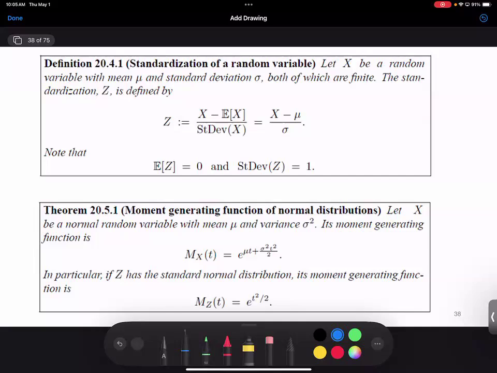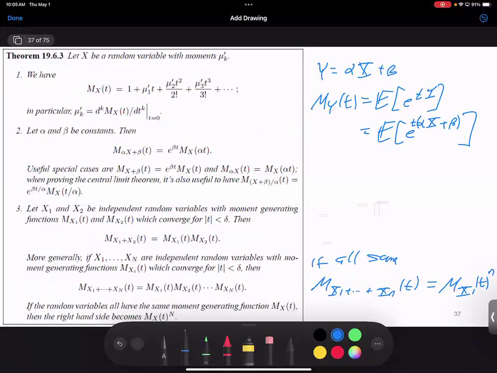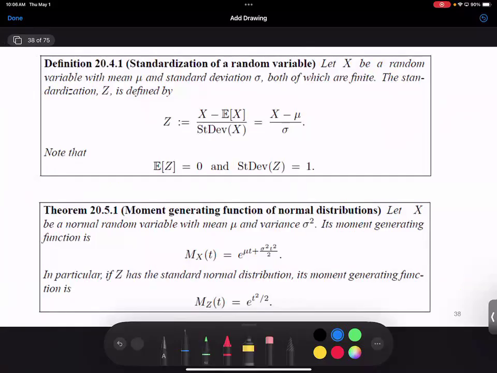I really only need to do the case of the standard normal because we have result 2 here, which says if I know the distribution of x, I know the distribution of alpha x plus beta. If I just multiply by alpha, I can adjust the standard deviation from 1 to being sigma by taking alpha to be sigma. If I then want to shift with the mean, I can just choose beta appropriately. So I really only need to calculate the moment generating function of the standard normal. That would be the expected value of e to the tz. Okay, so we'll need to do that calculation.